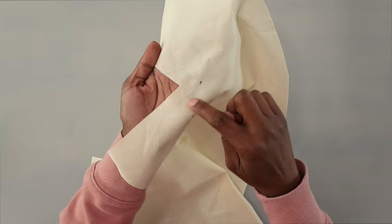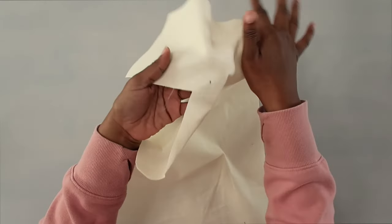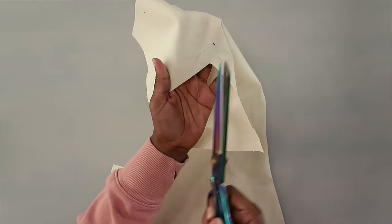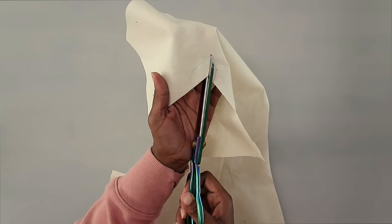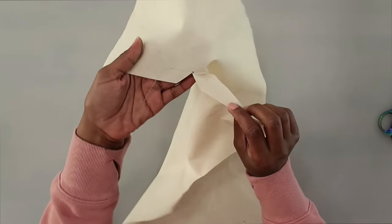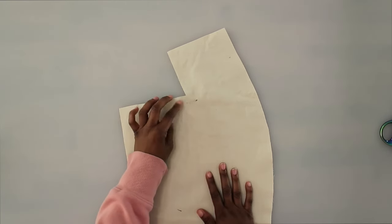Now that you have it reinforced, yours should look like this. And now we can just clip right up to the small dot. Grab your shears. Clip to the dot, do not clip through the dot. Now that you have reinforced the small dot here and you have clipped to it, now you can go ahead